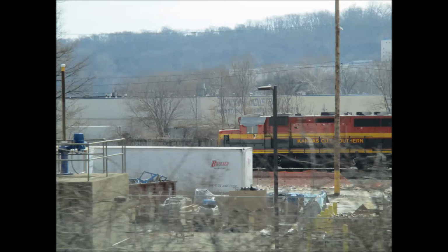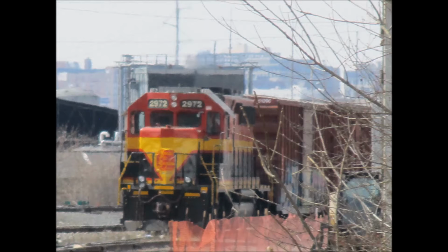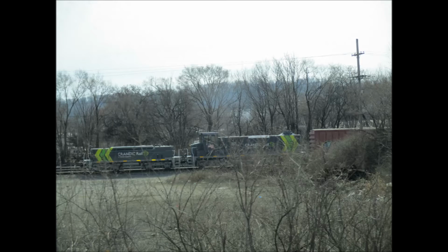Begin this edition of Trains Around Kansas City in KCS Southern's Knoche Yard with number 2972, which is a GP40-2 originally built in 1979 for the Frisco. An unusual visitor switching the KCS Southern Knoche Yard today is a Cedar Rapids and Iowa City locomotive and slug